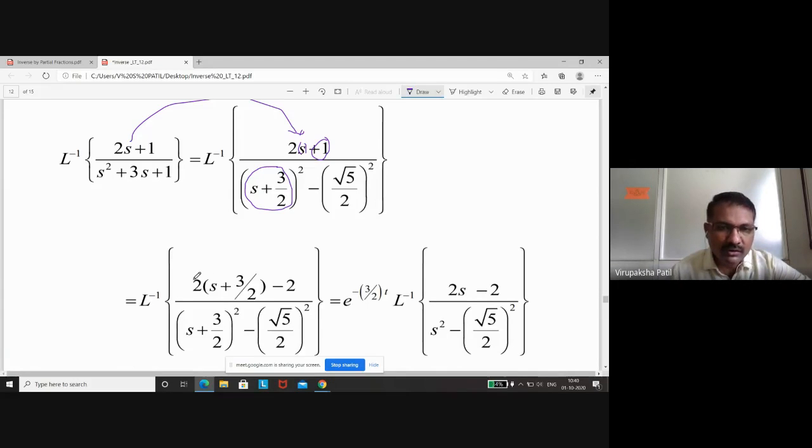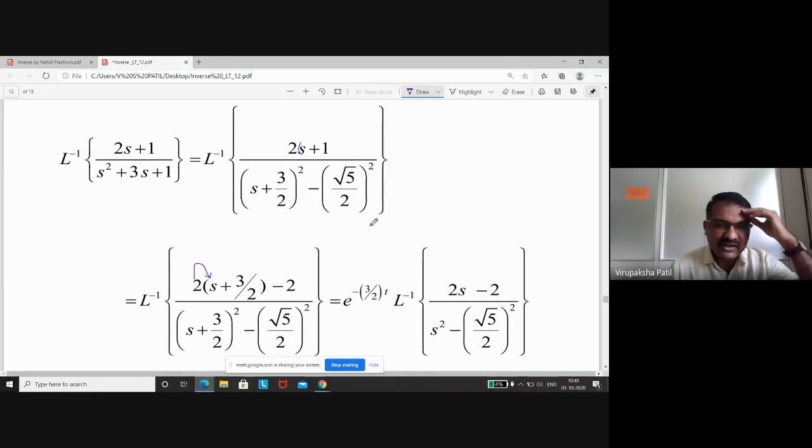So for that purpose, we will just check. See here, this becomes 2s is already there. Then if you simplify this, the 2 gets cancelled, you will get a plus 3 here. But we want plus 1 here. So to get plus 1, what you have to do is subtract 2 from that. So we have written here minus 2, so that if you simplify this again, this thing, 2s plus 1, remains as it is. Is that clear?